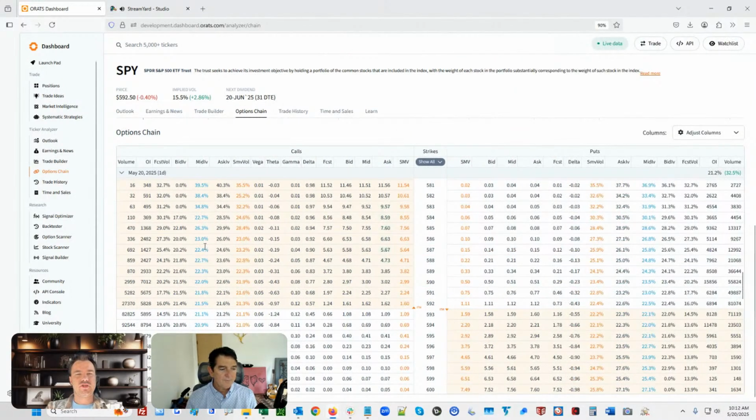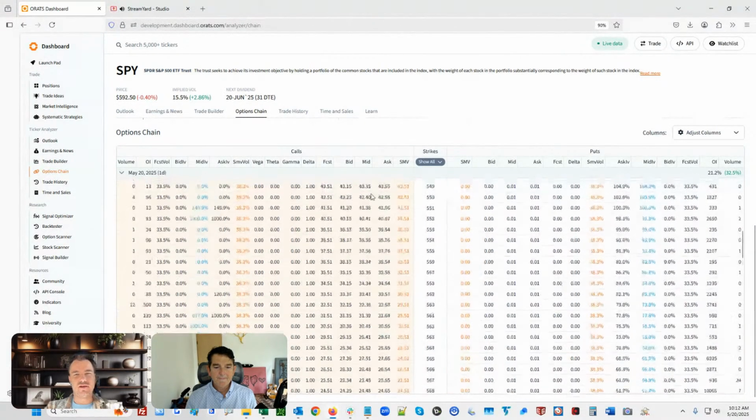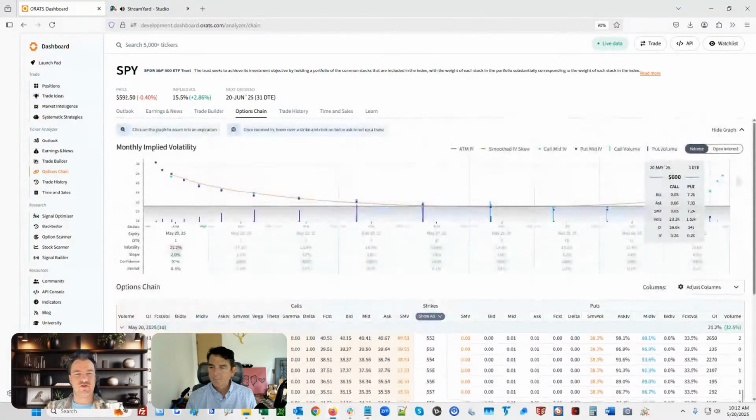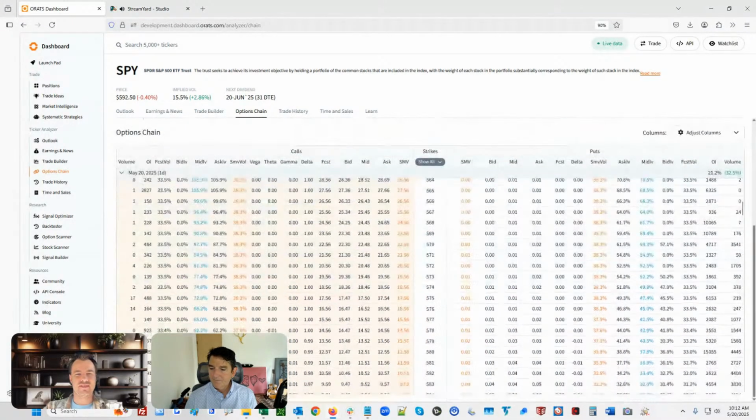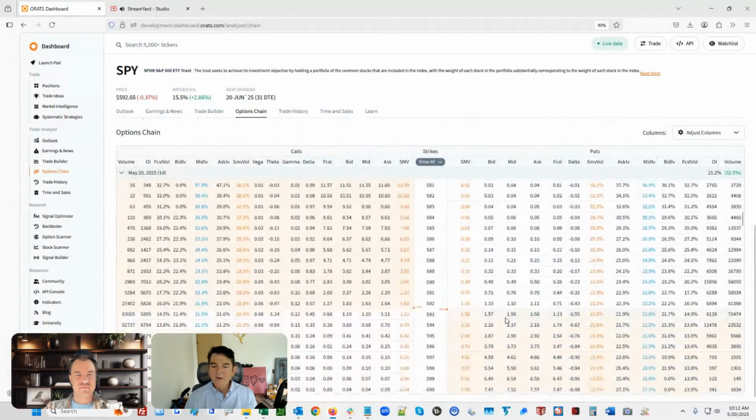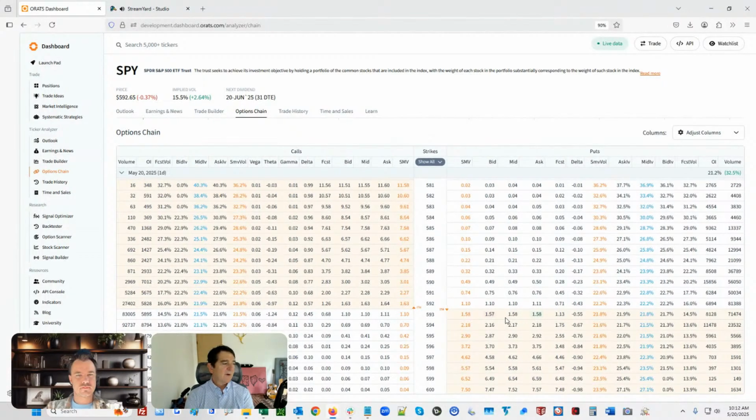Yeah, I like looking at the chain and using it as a gauge to see whether what I'm trading is super undervalued or overvalued, and it's kind of interesting to see when it's outside the bid and ask. That's kind of an interesting tell. Yeah, and again, the SMV is within the bid and ask, depending on how you measure it, 98% of the time, just a very high amount of time within the bid and ask.